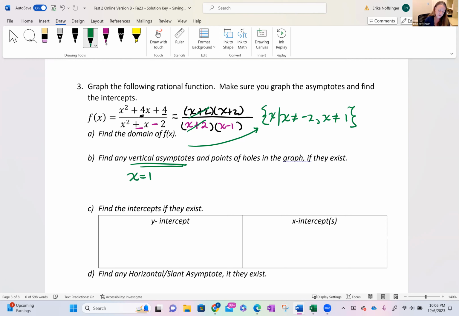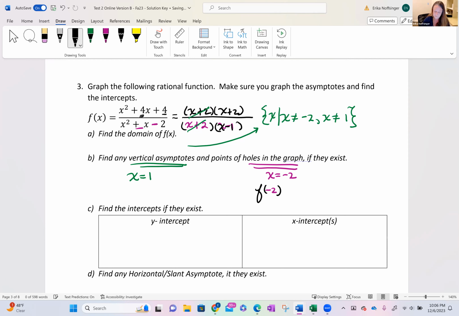The hole, though, is occurring at the value which had like factors, so at x equals negative 2. And I can find out what that value is where the hole is. I know my x value. So to find my y value where the hole is, I'm going to go back in and plug in negative 2 wherever I see an x in this